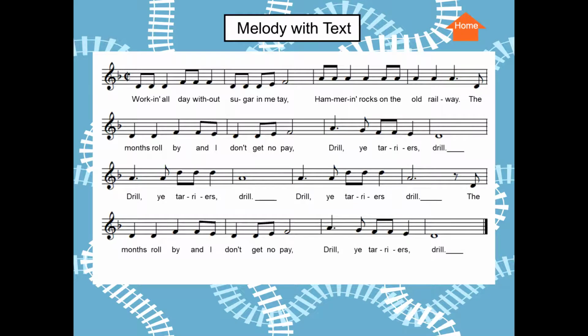Now let's go through the whole song saying the rhythms that we know. 1, 2, ready, go. Ti-ti-ta, ti-ti-ta, ti-ti-ti-ti-ta. Ti-ti-ta-ta, ti-ti-ta-ta, tam. Ti-ta-ta-ta, ti-ti-ta, ti-ti-ta, tam,